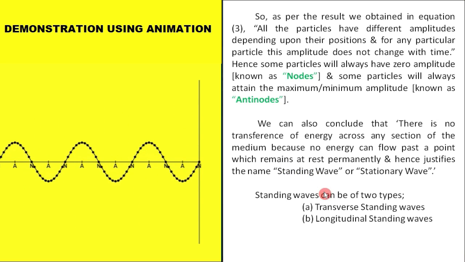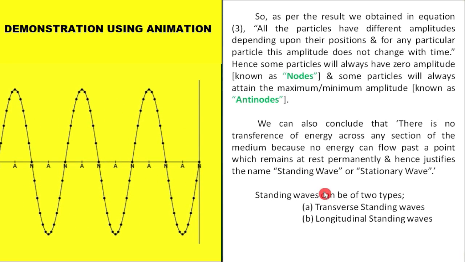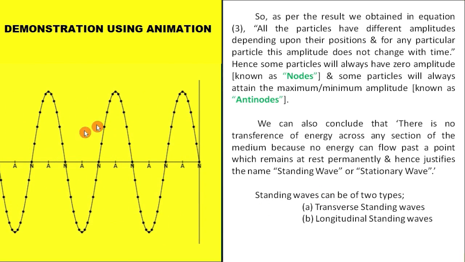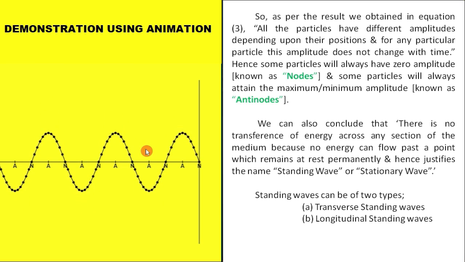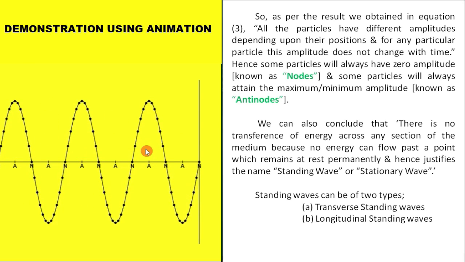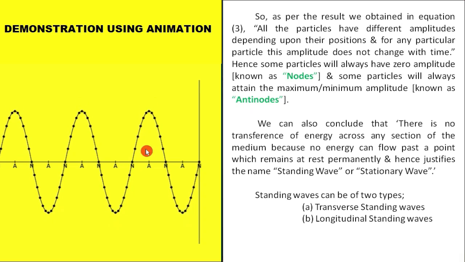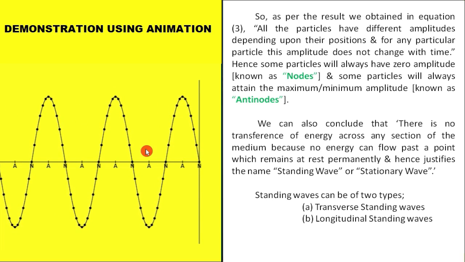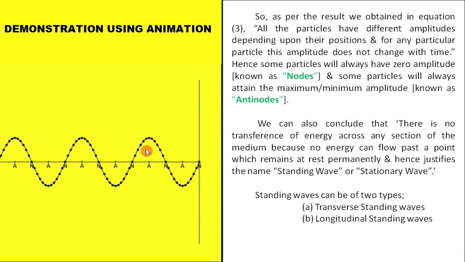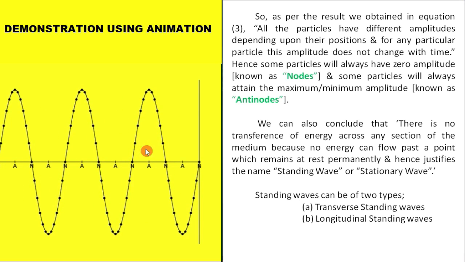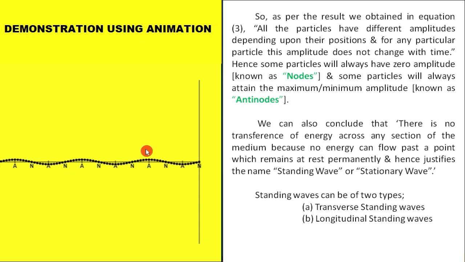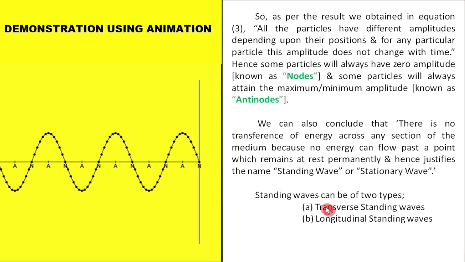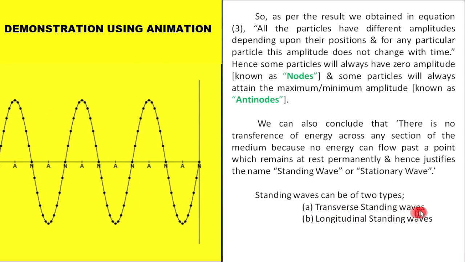Okay. Now next point. Standing wave can be of two types: transverse standing wave and longitudinal standing wave. Whatever we are looking at here, this is a transverse standing wave. Why? Obviously because it is created due to superposition of two transverse waves. If the standing wave is created due to superposition of longitudinal waves, then it should be called a longitudinal standing wave, and that looks completely different. We will discuss that topic in the next video also. Okay, we are now only studying this part, transverse standing wave.